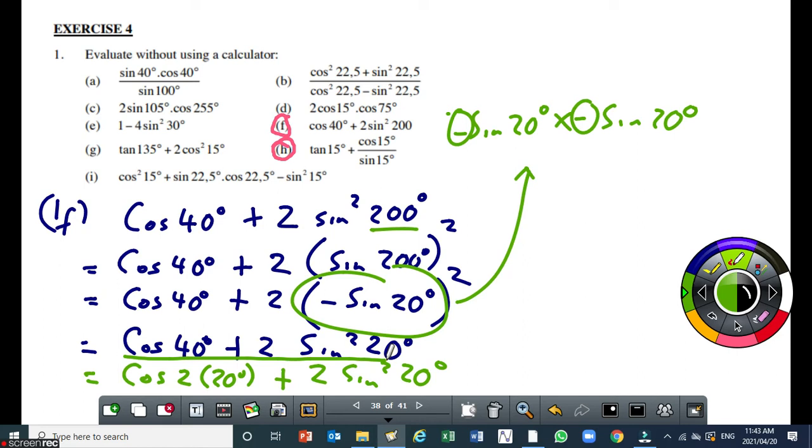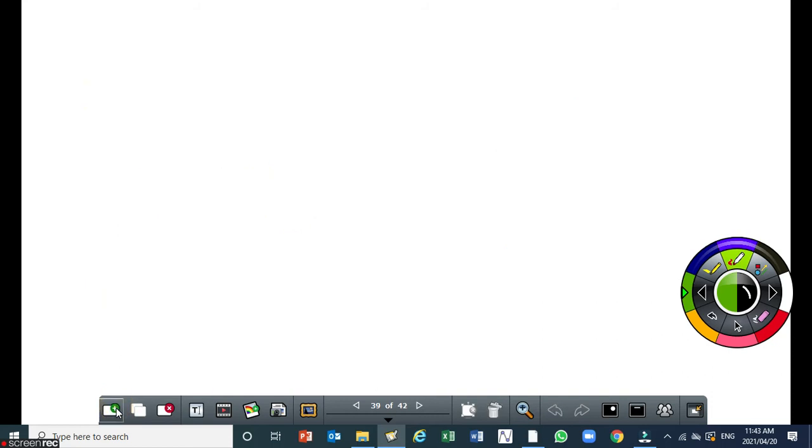My next step, but you can also carry on by converting the cos to a double angle. Are you following what I'm trying to say? I can't show you all the way, so this is just additional information to help you to understand. I'll say, remember,